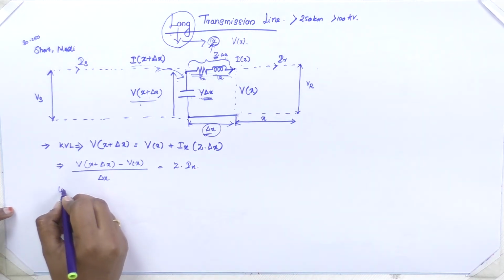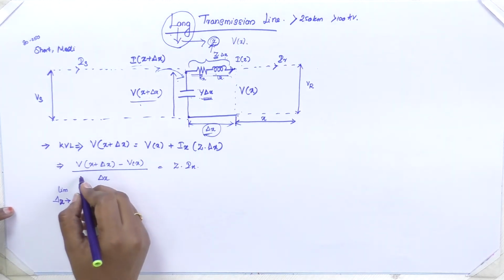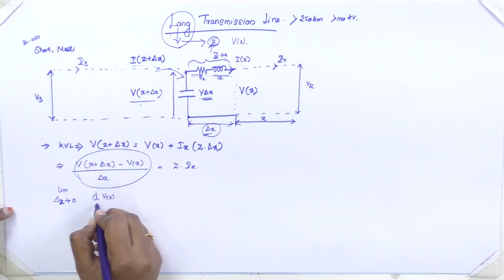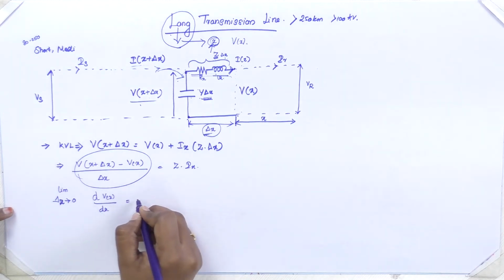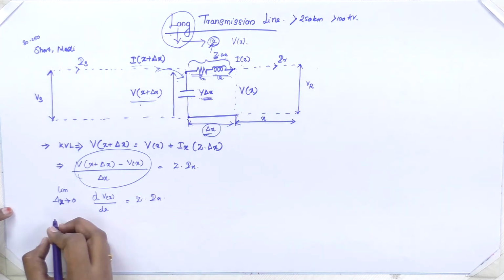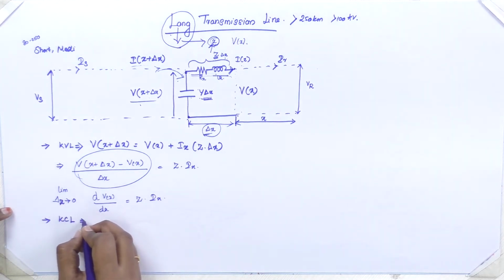So I am imposing this del x limit to 0. So this term will be d of V of x divided by dx, which is equal to, there is no del x here, so similarly Z into Ix. The next step, I am going to do the KCL